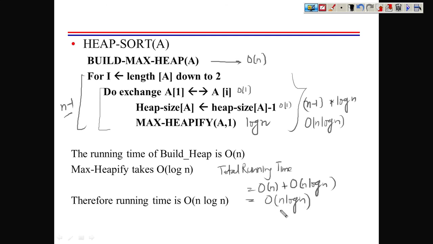So here you can see that the running time of heap sort is also equal to that of the merge sort algorithm. Just to summarize, the running time of build heap is big O of n, max heapify is n log n, and the total time is big O of n log n. Now we will apply this to some numerical